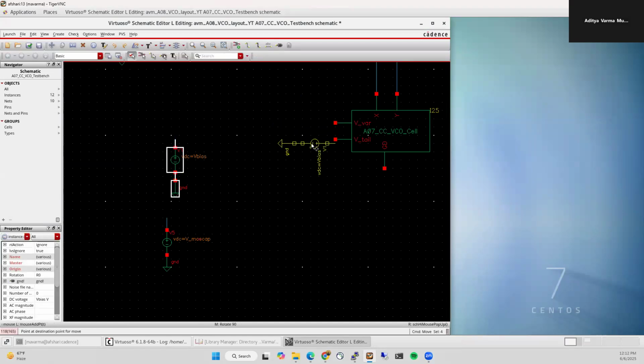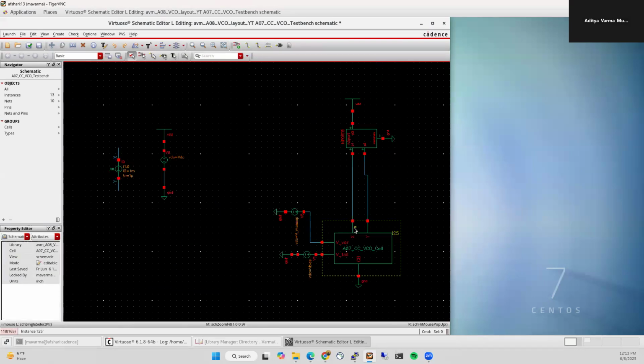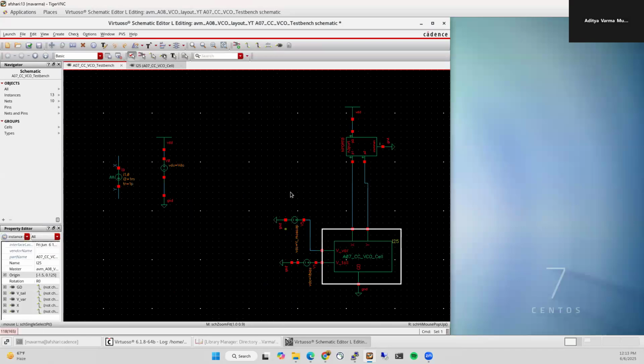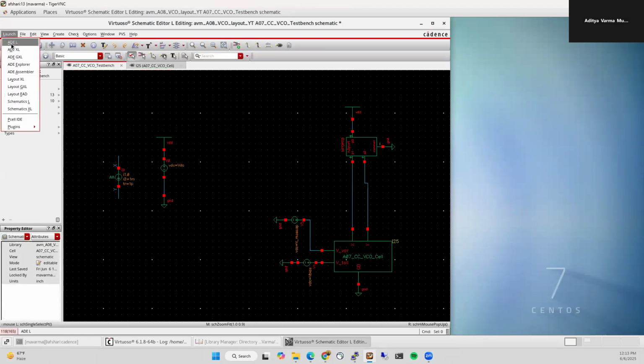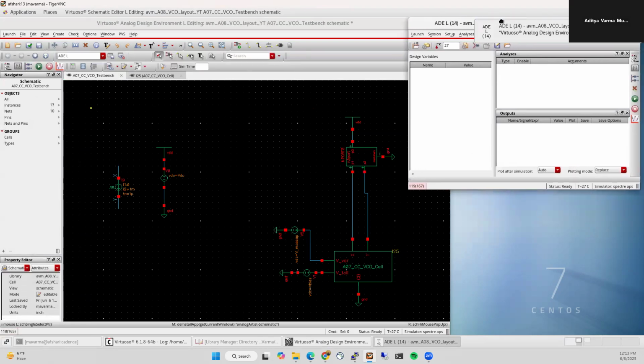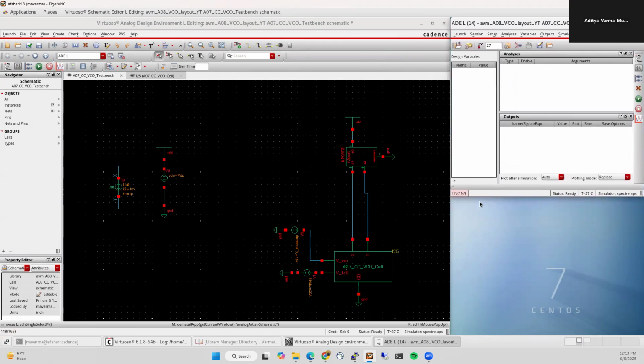This is the tail source bias, and this is the reactor bias, and our ground. All right. And this was our schematic, right? Okay. Let's go ahead and